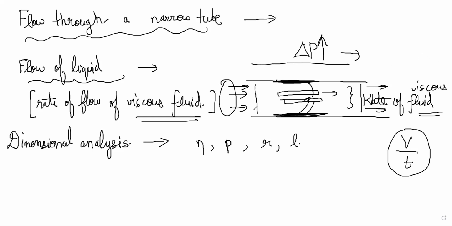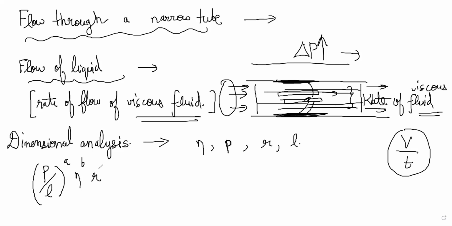So he has taken all of these variables and he's saying let P be the pressure difference in the liquid at the two ends. It is found that the volume of liquid flowing per unit time through the tube depends on the pressure gradient P by L. How fast is pressure changing? If pressure changes really fast, fluid should flow fast. So the P by L gradient is one thing it depends on. Coefficient of viscosity and radius are other things. This should have units of volume per unit time, with some constant.